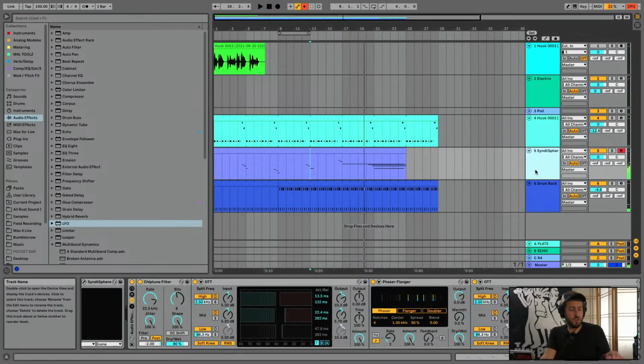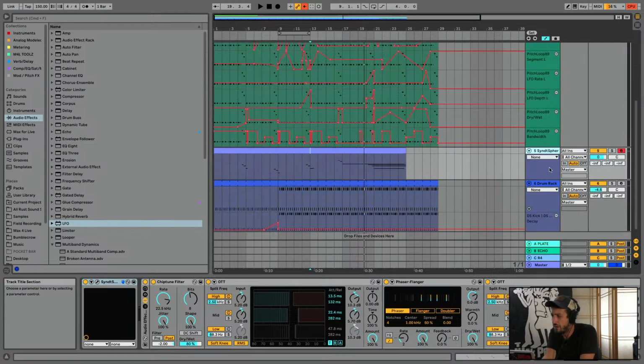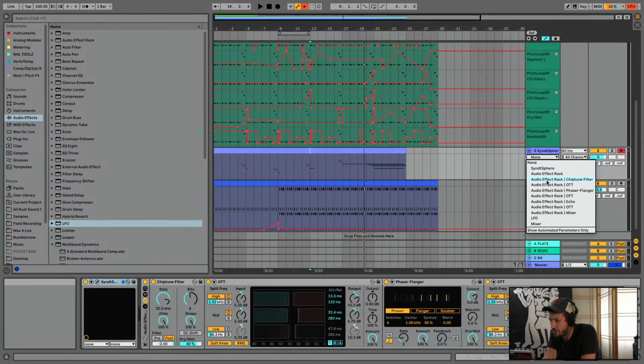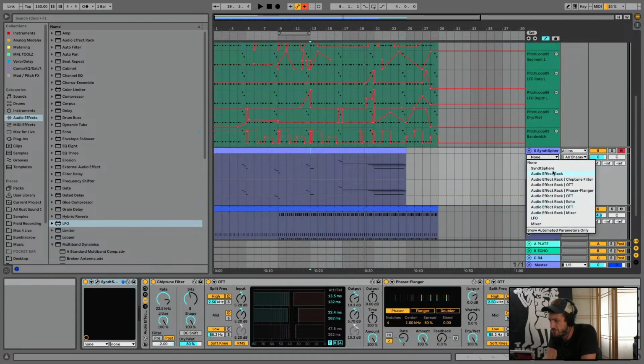So I'm doing this all with this plugin that I often have used called Synthsphere. This is a third-party plugin. I've demonstrated it in here before, and the reason I like it is because it does really wacky things when you mess with the automation with a push. So I'm just gonna get the lanes out for that because this is just a really fun thing to mangle.